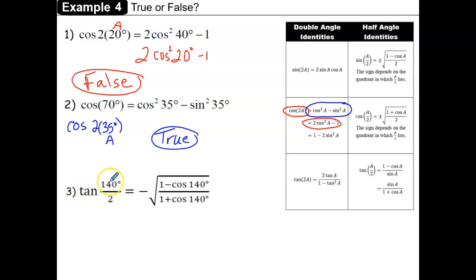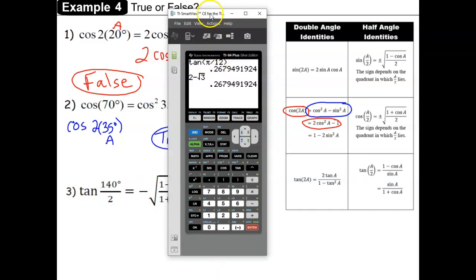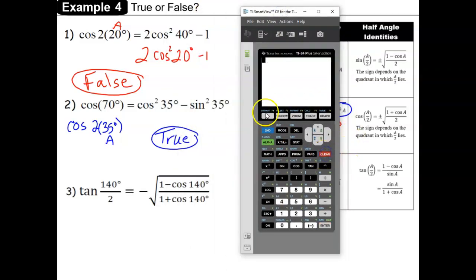Okay, now in number 3, tangent of 140 degrees over 2, that would be a half angle identity where the A is 140 degrees. And the other side is a not as common version of the half angle identity for tangent. It's not one that we have listed here, but it is a form of the identity. When you see one side equal to another in your statement and you can't tell if it's an identity that you know or not, remember you can always put that in your calculator or Desmos by typing the left hand side in Y1, the right hand side in Y2,